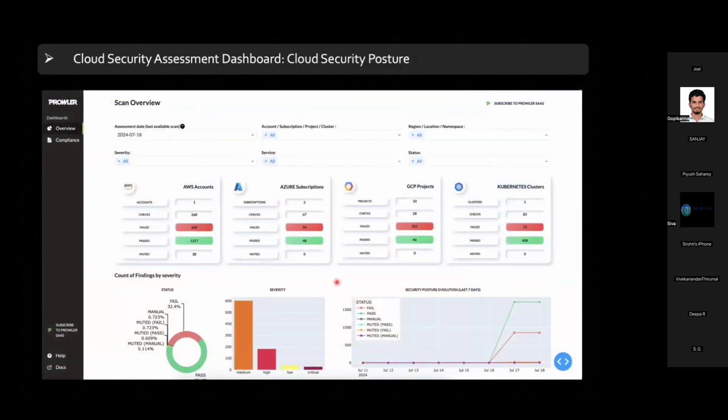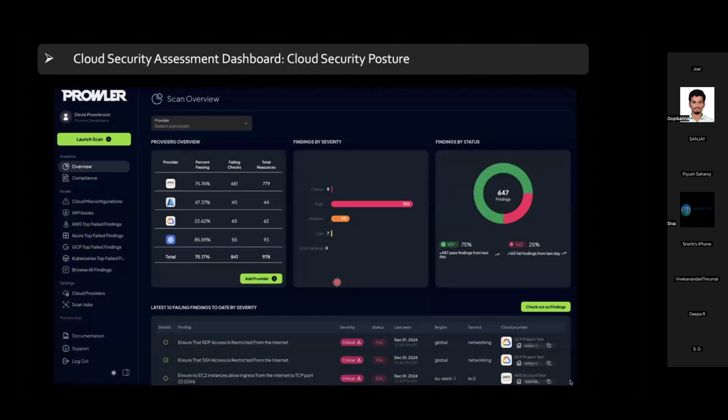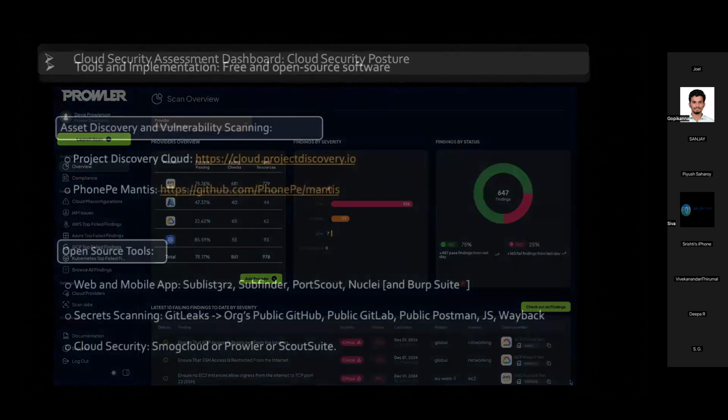Then I'm also showing you a cloud dashboard as well. You can create a basic IAM role such as a security audit role, and via that IAM role, you can connect with Prowler, or you can run a basic assessment on your AWS, Azure, or GCP. You can also perform the same on Kubernetes as well. So this is how that outcome will look like. And once you have that assessment done by an automated tool, you can start taking notes, validating those issues, and start raising tickets.